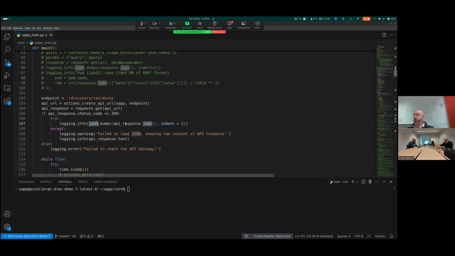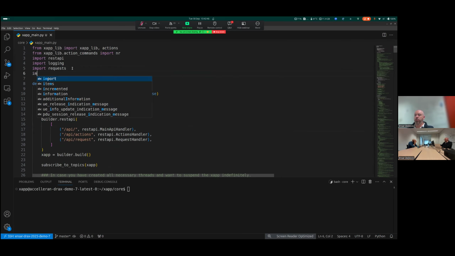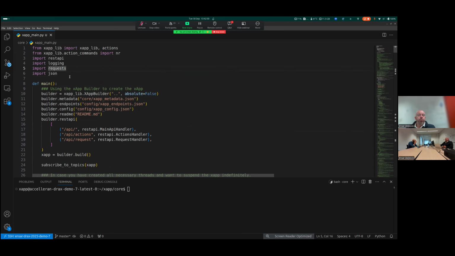And of course, since this is all Python, don't forget that you need to import things. And by the way, since this is purely Python, you can also pip install any Python package that you need in your project and just import it as well. Right. So this is a fully functioning environment that you can take advantage of.